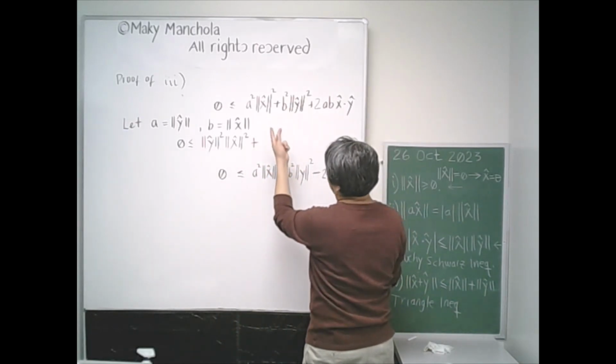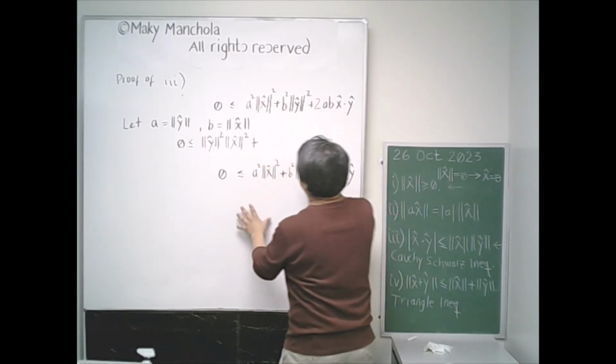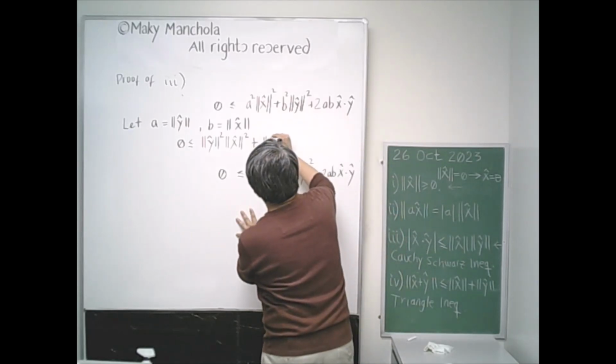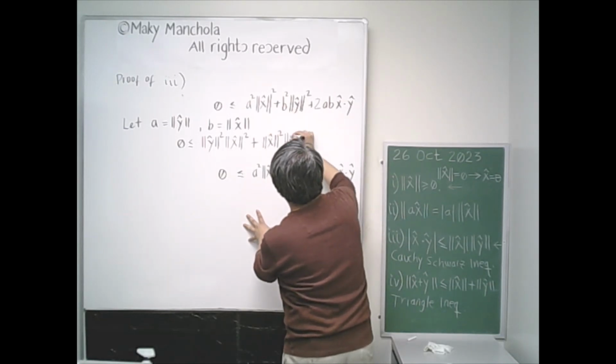Except that it's in reverse order. So this is the norm of x hat squared multiplied by the norm of y hat squared,